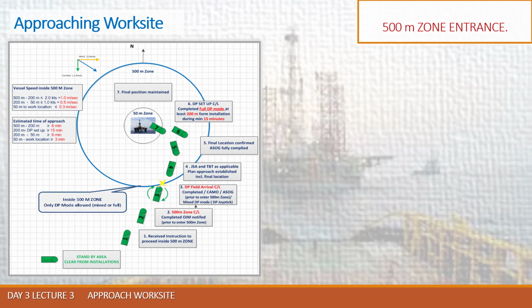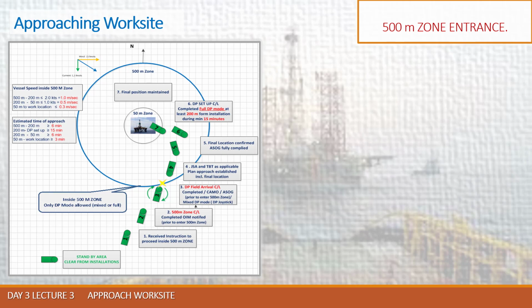And as an example, you see that here I have 6 minutes to go from 500 to 200. From 200 to DP setup I have 15 minutes, and from 200 till 50 meters I have 6 minutes, and the last 50 meters we do in 3 minutes. So generally we have at least half an hour to pass the 500 meter zone, and about 15 minutes for preparation of the DP vessel on arrival, and normally you have to keep 45 minutes or 1 hour per 500 meter zone